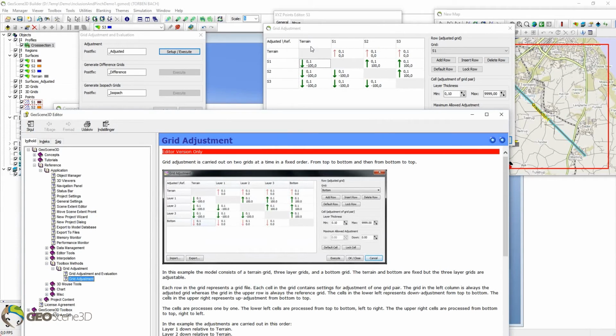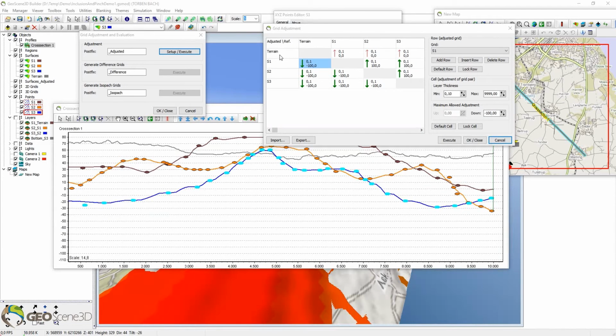So what we have here are the grids in our model, the terrain, surface 1, surface 2, surface 3, and so these are the adjustments, and these are the reference terrain, surface 1, surface 2, surface 3. And you can see here for each individual one, we have set up what manipulation is allowed.